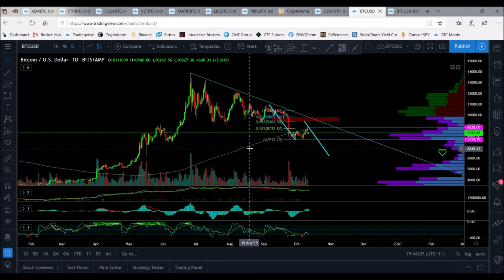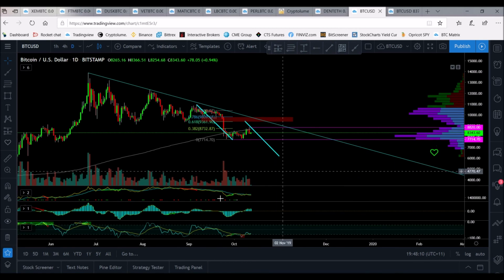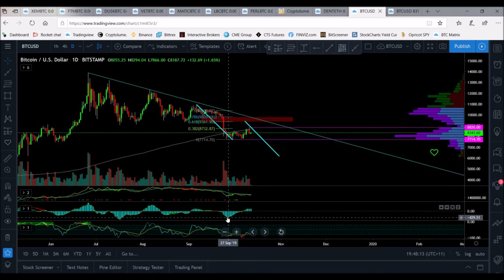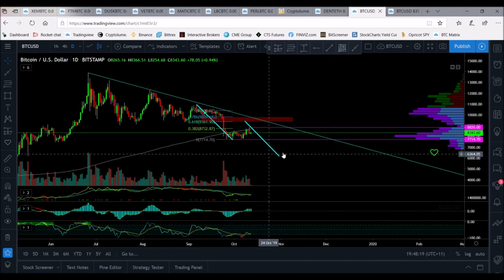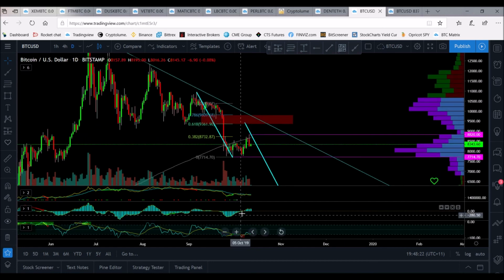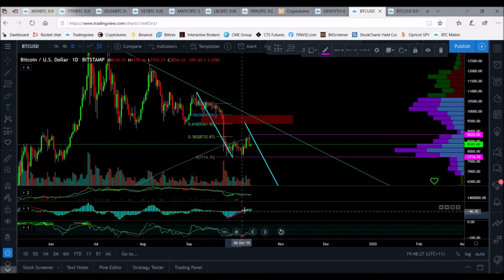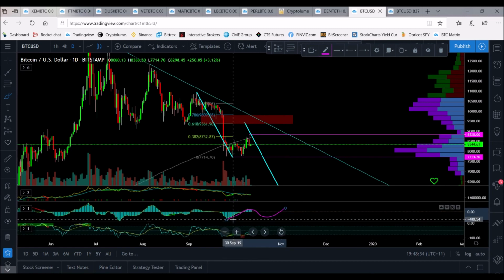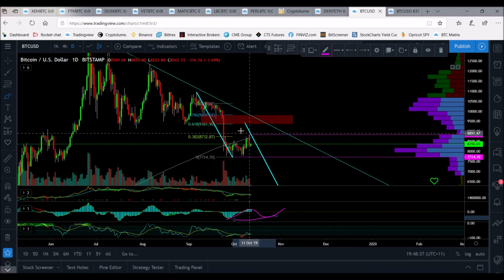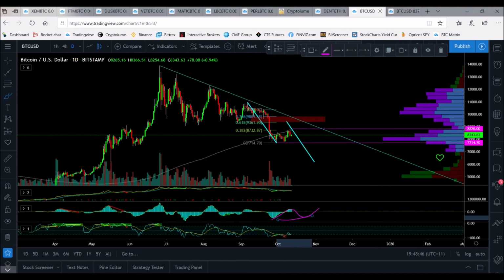So yeah, I did want to have a look, a bit of an overview on Bitcoin. Bitcoin has made a lower low in the histogram here. To me, that is not really a good sign. If we can get some sort of structure in this histogram, something along these lines, and if that can create a bullish div, but I don't think we are quite finished here. Something just seems very fishy with me. We do have this trend line that still needs to be broken. So technically,